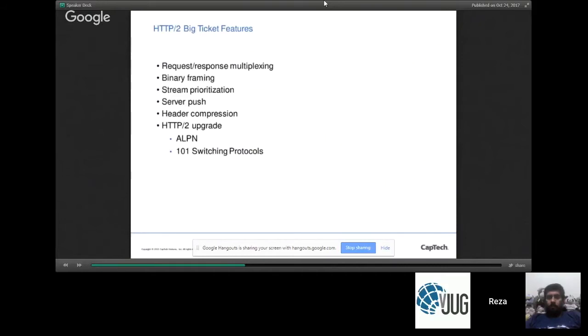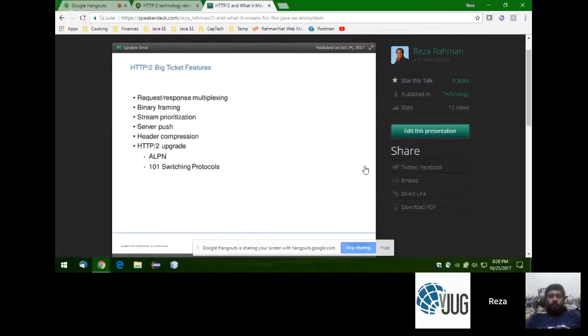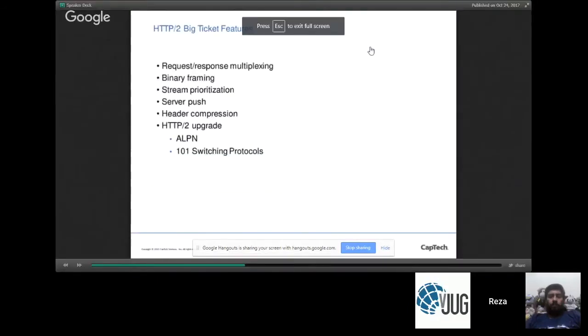There are also other techniques like stream prioritization, server push, header compression, as well as HTTP 2 upgrade, both using ALPN as well as 101 switching protocols. Obviously, not a lot of this is going to make sense to you right away. The rest of the 15-20 minutes here is about explaining these things, so don't worry too much right now if this is not very clear.